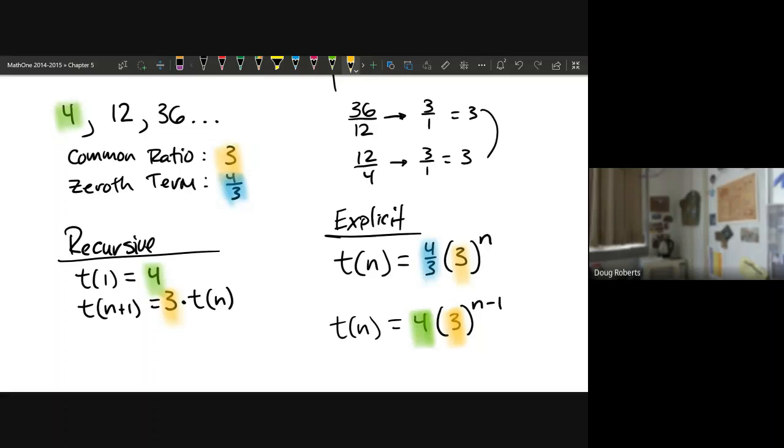All right, so that's it. That is my walkthrough and review of sequences, arithmetic and geometric. Arithmetic, adding the same thing again with